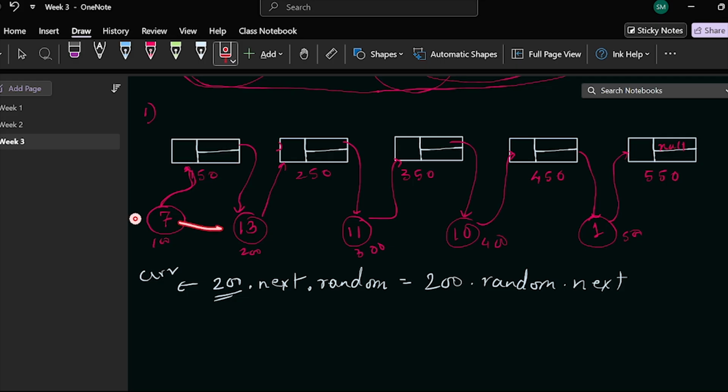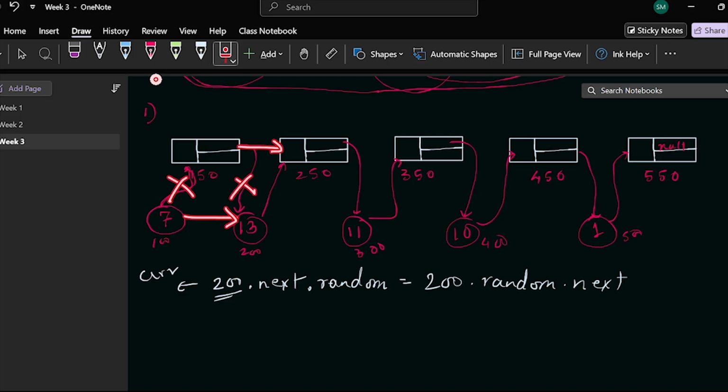So I will be making this connection basically, and this connection will be lost. But if this connection is lost, then I will not be getting again this thing. So I should copy the next cloned list's address before making this connection and breaking this connection. So that is something we should do. And after that, after this particular connection is made and this is broken, I should make this connection and